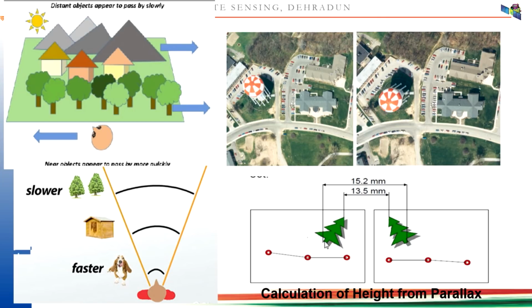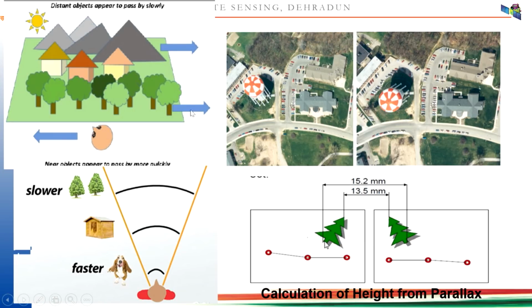Now instead of sitting in a train, consider yourself sitting in an aircraft and you look down on the ground. What features would be closer to the eye? Whatever features are elevated. High height features will exhibit more parallax, low height features will exhibit low parallax. So mountains will show more parallax, the streams will show less parallax. So here you can see parallax is directly related to the height of the objects. By measuring parallax of different points, you can directly calculate the height of individual points.